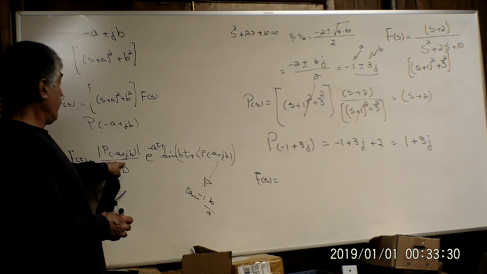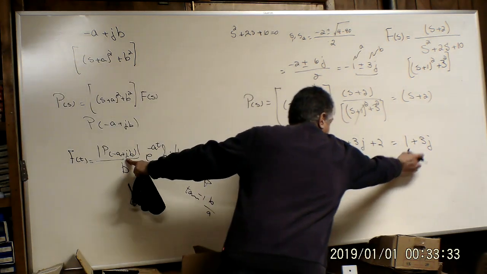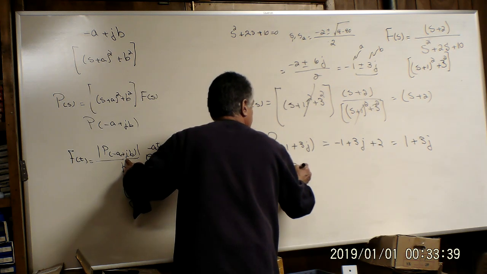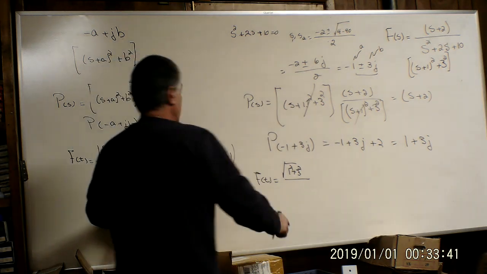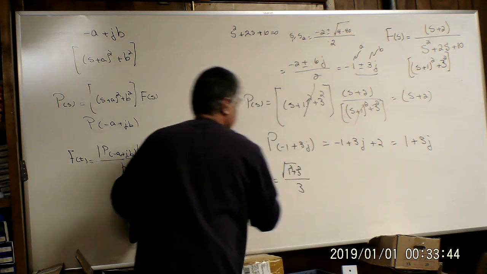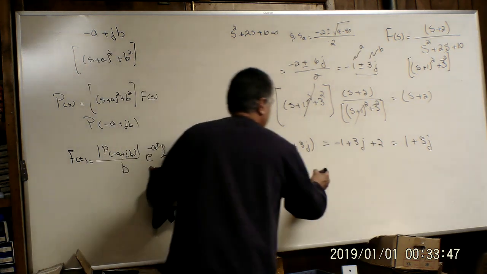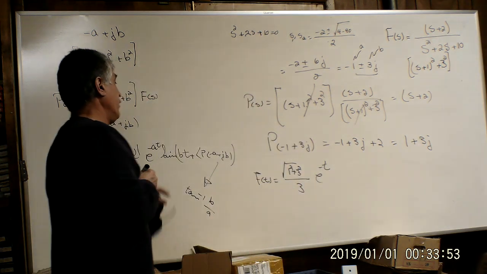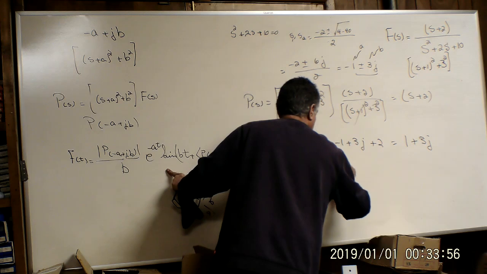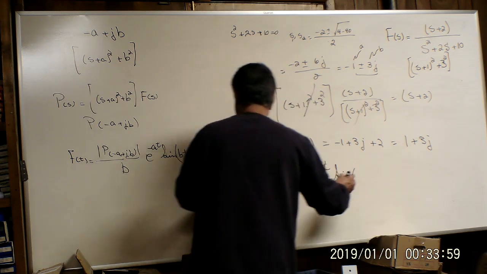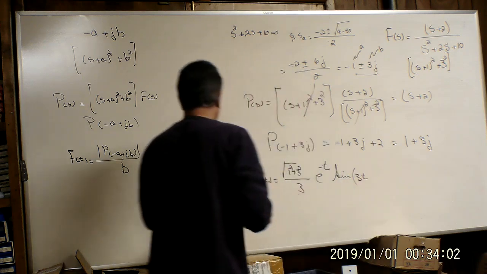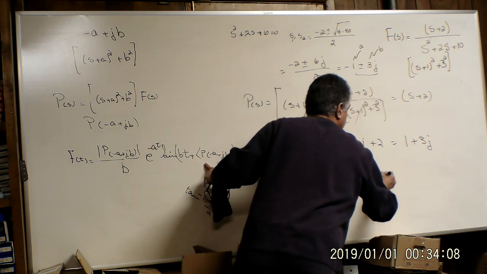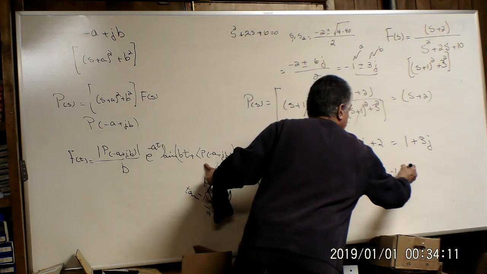the magnitude of P(minus 1 plus 3j), which will be the square root of 1 squared plus 3 squared, divided by b, where b is 3, multiplied by e to the power minus at, where a is 1, so e to the power minus t, sine of bt, where b is 3, sine of 3t, plus the argument of that, plus tangent inverse of 3 divided by 1,